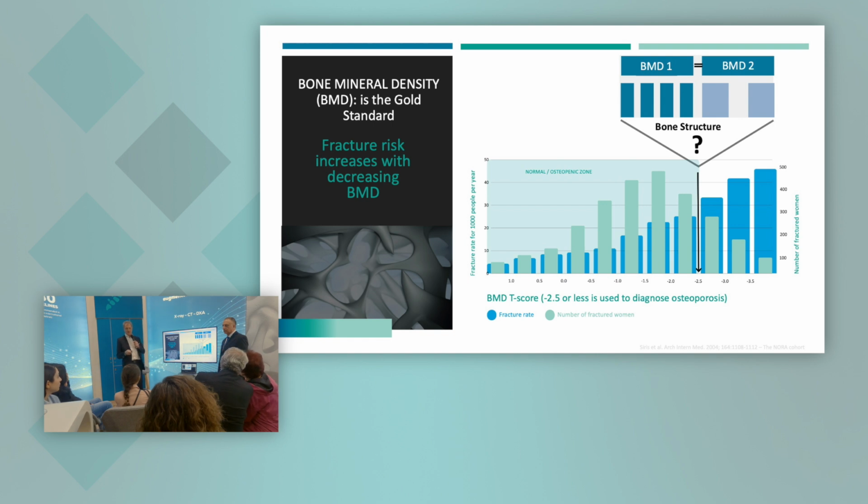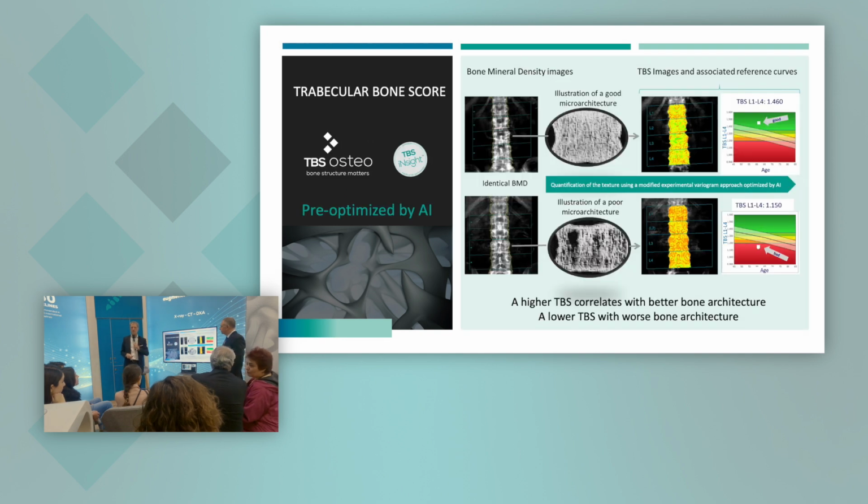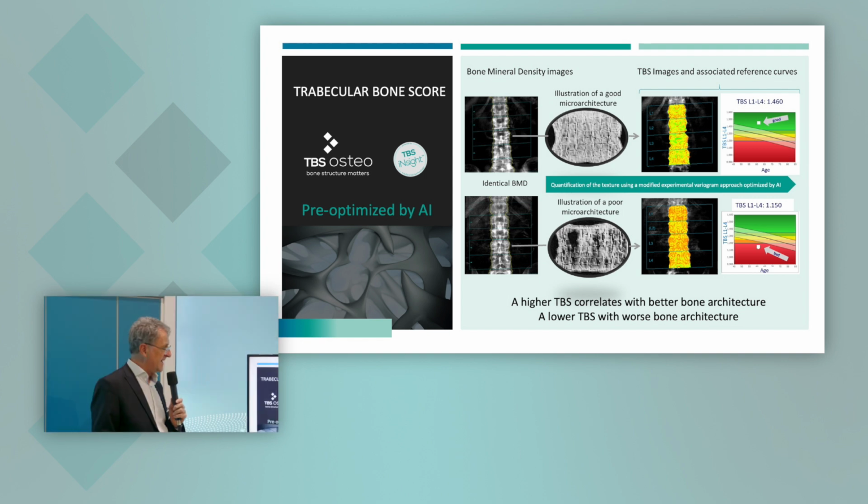And why is that? Because you can have exactly the same density, but the underlying structure could be quite different. So that's why measuring the structure of the bone on top of the density is very important. Having said that, we have developed the TBS, which stands for Trabecular Bone Score, that extracts microstructural information from a 2D image using a modified experimental variogram that we took from geophysics. And then we optimize the choices that we have to make through artificial intelligence to optimize the outcome of the